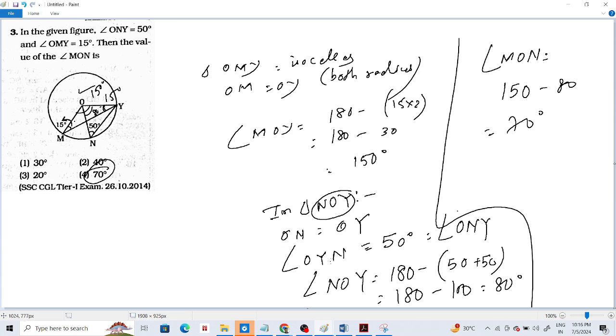তাহলে অ্যাঙ্গেল ও ওয়াই এন ইজ ইকুয়াল টু 50 ডিগ্রি হবে, বেস অ্যাঙ্গেলস ইকুয়াল। এই যে ট্রায়াঙ্গেলটা আছে, ও এন ওয়াই এটা 50 ডিগ্রি, তাহলে এটাও 50 ডিগ্রি হবে, দুটো সাইড ইকুয়াল হয়ে গেল। তাহলে এটা 50 ডিগ্রি এলো। তাহলে অ্যাঙ্গেল এন ও ওয়াইটা ইজিলি বেরিয়ে যাবে 180 মাইনাস 50 প্লাস 50,